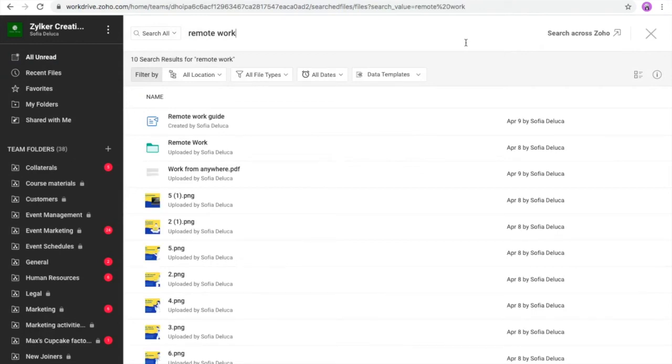Probably you worked on files that was about remote work, and what WorkDrive does is it goes through the content of files and then brings documents which has the remote work keyword within the content as well. Not just files, WorkDrive also looks within images, PDF files as well, because it offers OCR search, which means it goes through images, PDFs for any files.